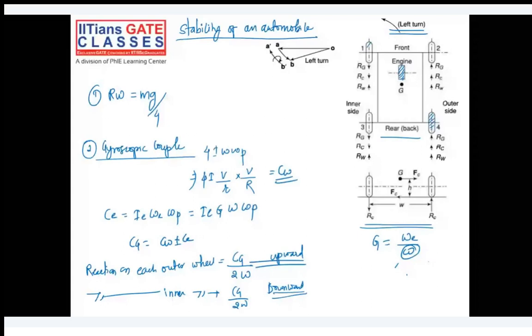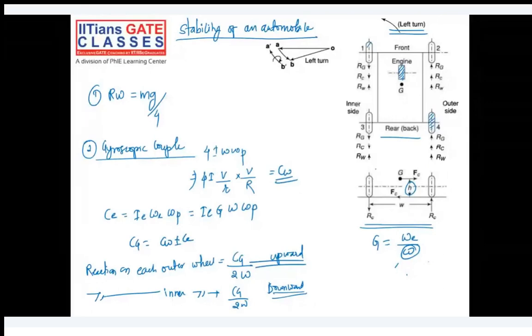Sorry, I'll repeat. If you increase the h here, what we are increasing is the center of gravity, you are increasing its height. So let's say you put larger and larger wheels unnecessarily. Let's say the required diameter is 180 centimeters, but you are putting 300 centimeters and more than that unnecessarily. Because of that, what will happen is your